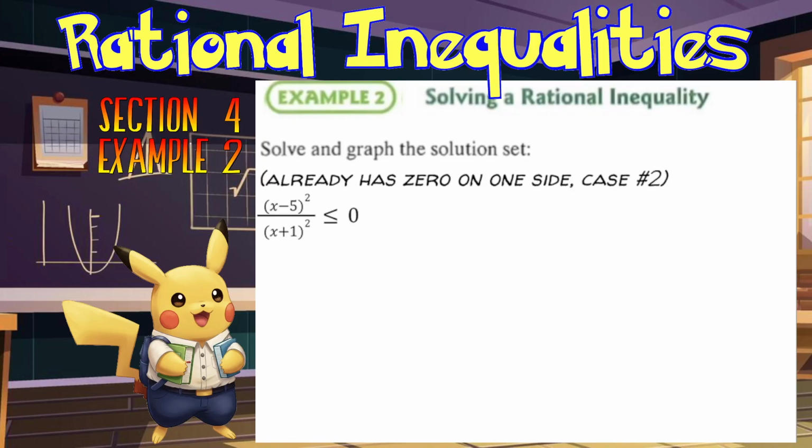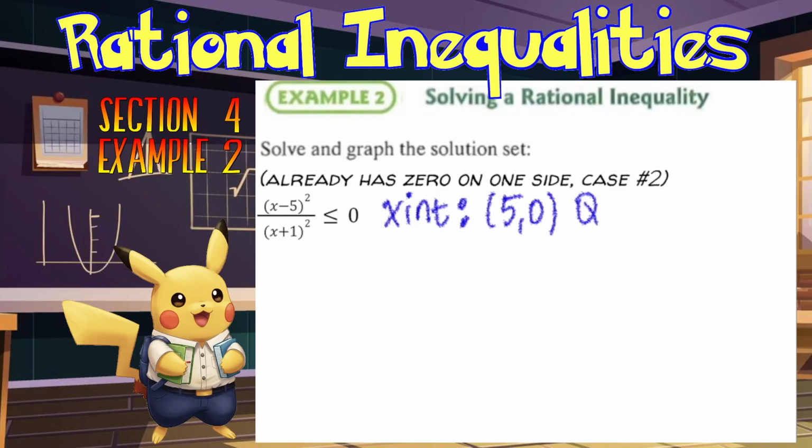It's already got 0 on one side. I'm going to find the key components of the graph, figure out when this graph is on or below the x-axis. So what do I have going on? Well, my x-intercept, in this case I have only one x-intercept, will be at (5, 0). I got that by setting the numerator equal to 0. The local behavior of my x-intercept is going to be quadratic because of that multiplicity of 2 on the factor. So my graph will touch at 5 and bounce off, either looking like that or like this, depending on other